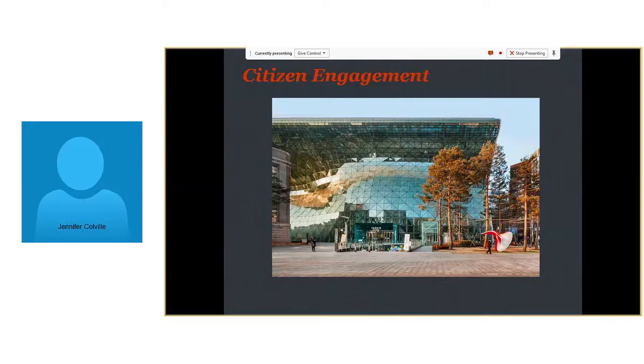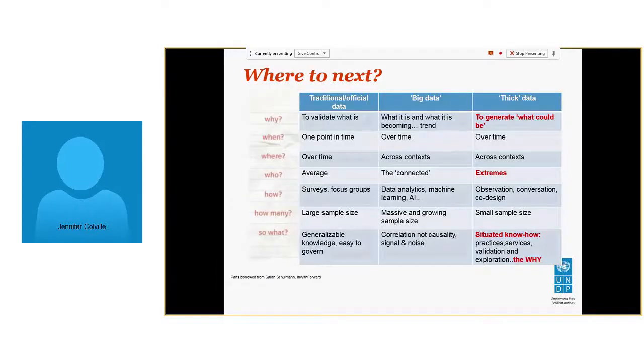But really being able to reach out to as many as possible, and reaching out to those on the margin and the periphery, those who might not have been involved in these kinds of processes before, and making sure that they're involved in this data revolution, and particularly as we're using it for development planning and implementation.